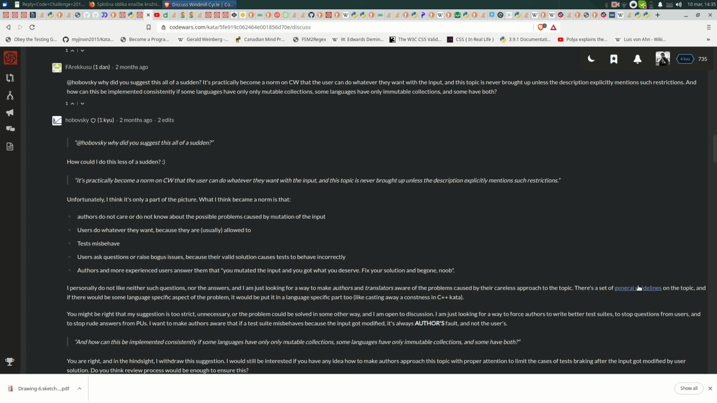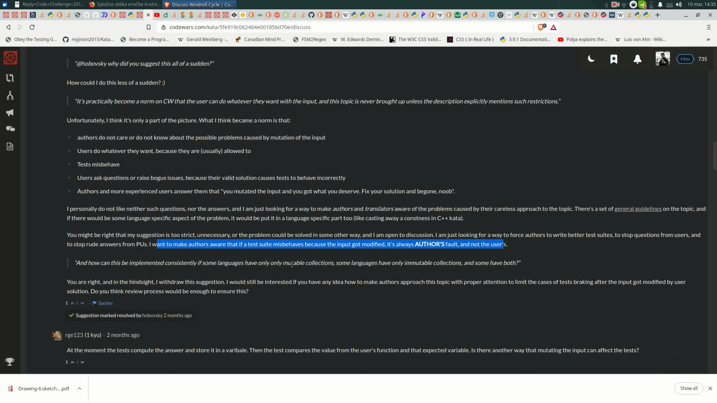There's general guidance on the topic, and if there would be some language-specific aspect of the problem, you might be right that my suggestion is too strict and unnecessary, or the problem could be solved in some other way, and I'm open to discussion. I'm just looking for a way to force authors to write better test suites, to stop questions from users, and to stop rude answers from others. I want to make authors aware that if a test suite misbehaves because the input got modified, it's always the author's fault, not the user's. And how can this be implemented consistently if some languages have only mutable collections? You're right, and in hindsight I would rather suggest